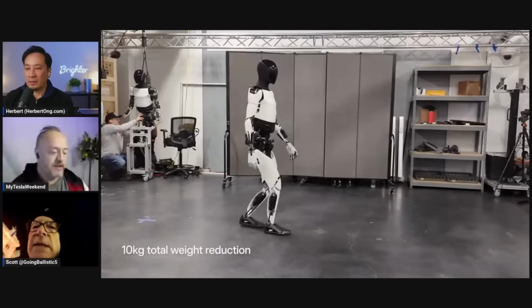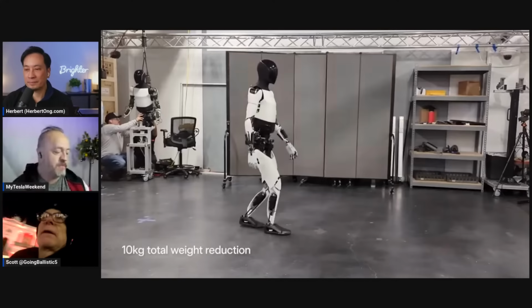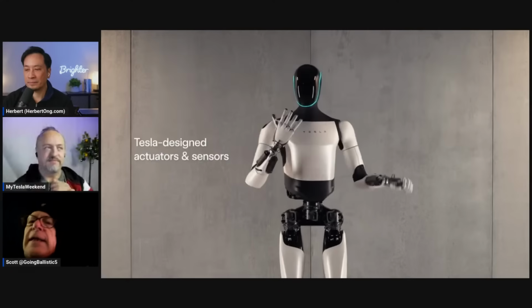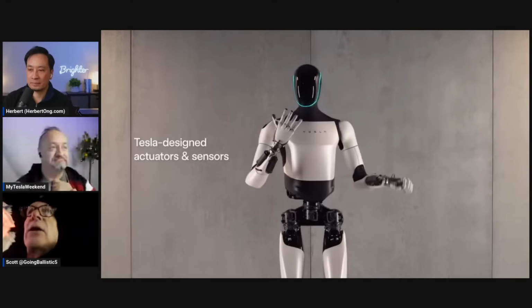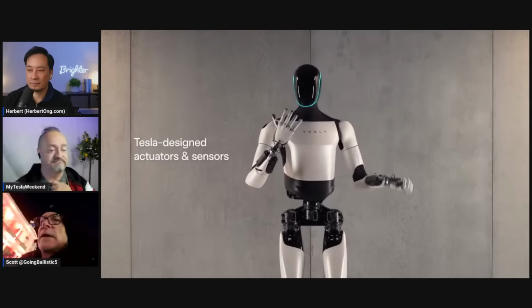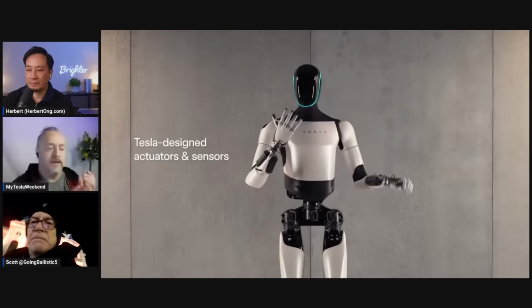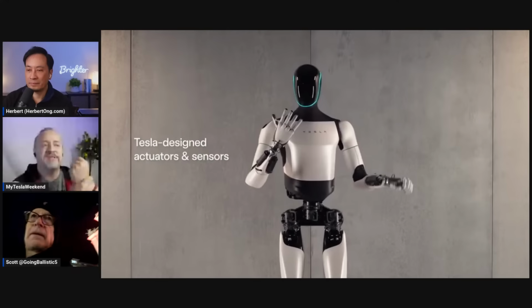So it may be that, I don't know if they filled it up with anything. They obviously have cameras in there. I would assume they have whatever they need for the electronics for the LEDs that are on there. Eventually, maybe some sort of display screen, and then some sort of audio. But that doesn't take up a whole lot of space or a whole lot of mass. No, less than a phone. Yep. The cams, the actuators on the wrist